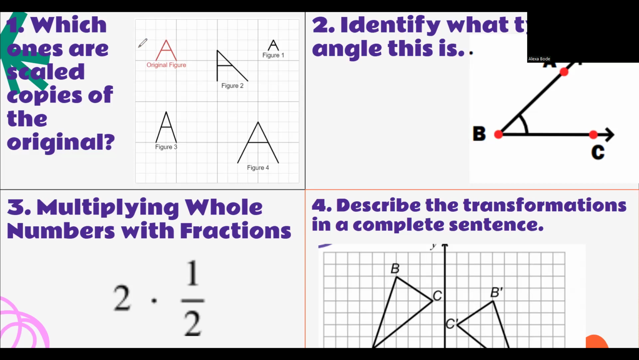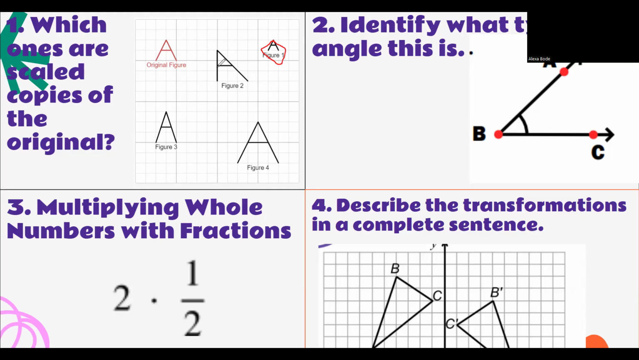So if A here in the corner is the original figure, I want to look at figure one to see if that one is a scaled copy. So you can see that proportionally, the shape stays looking the same, just got smaller. So figure one is a scaled copy. Figure two here,